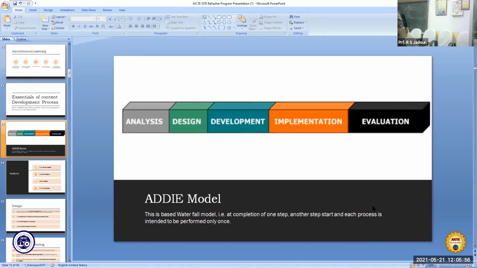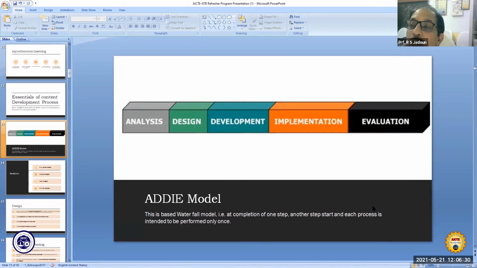And this ADDIE model has five elements: analysis, design, development, implementation, and finally evaluation. So any content development process should undergo these five steps. First, analysis is to be made.